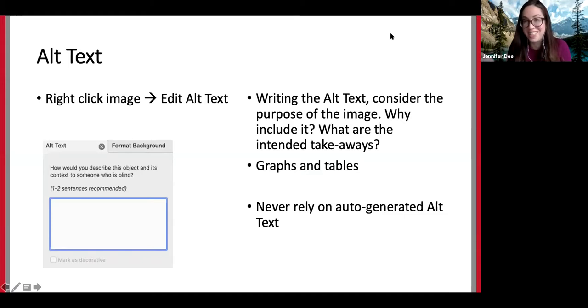I've been put in that role, and it's really tricky because you generally wind up needing to go back to the person who created it and ask some clarifying questions about why was this included? What are those key takeaways? So if possible, it's always best to have that creator adding in the alt text themselves. And again, we're just going to hate on that auto-generated alt text one more time.